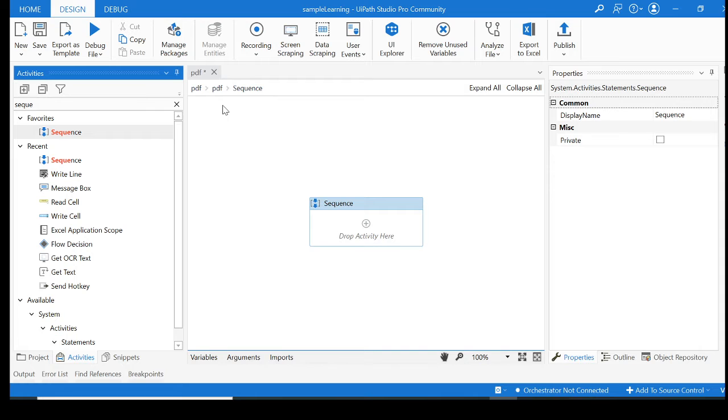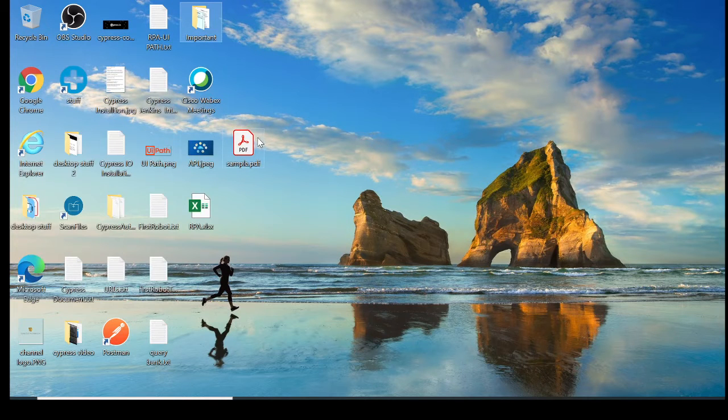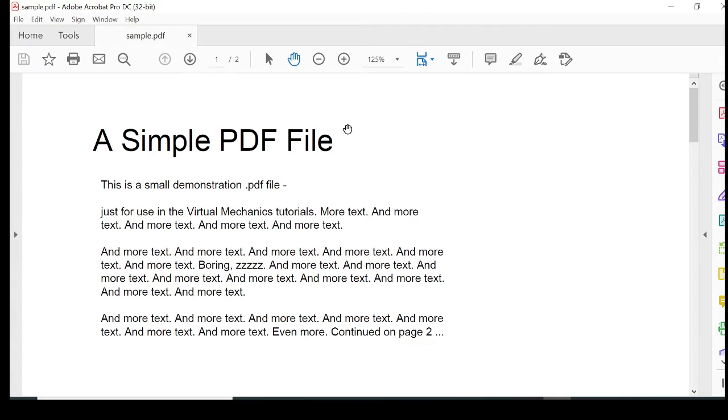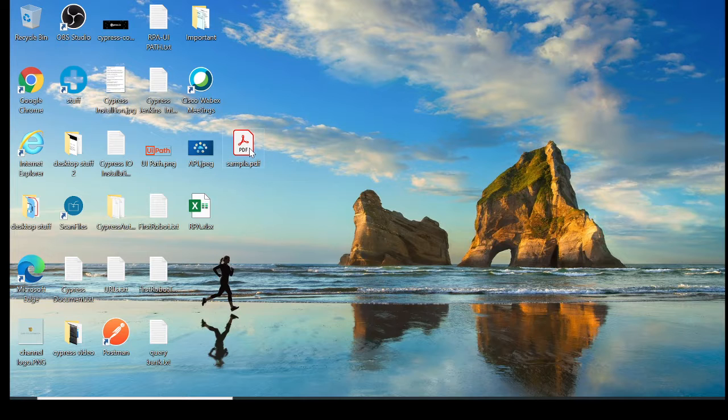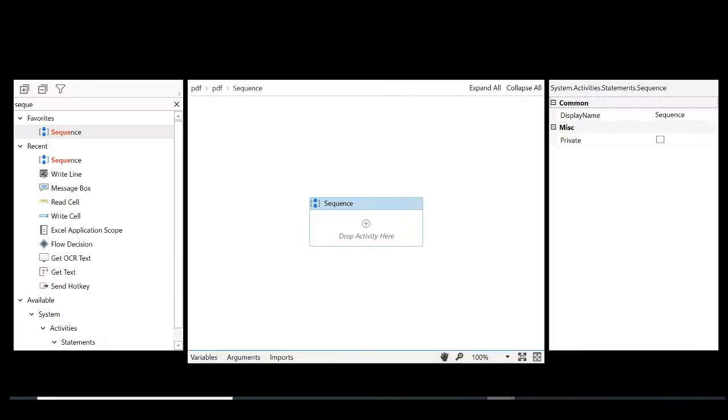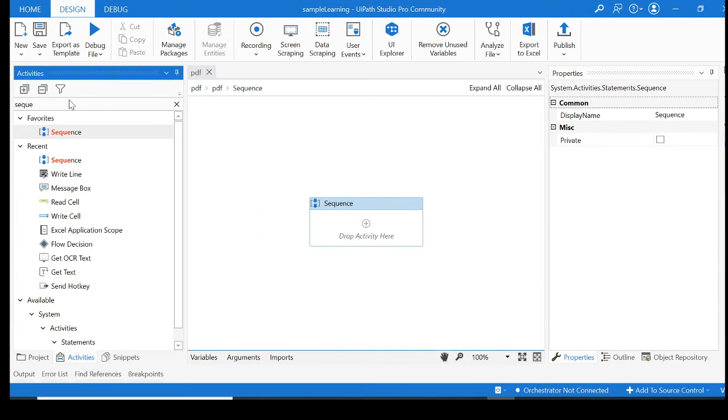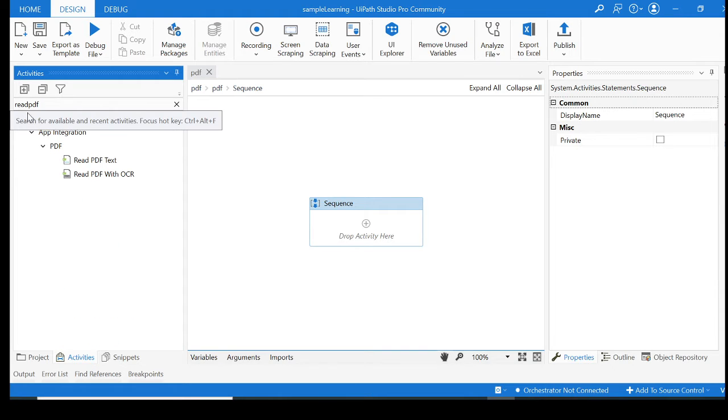So in this sequence, let's go and search for something. For that, I have downloaded one sample PDF, which is gonna look something like this, and you just need to take the path of this. Before doing that, I'll go ahead and search for something. Read PDF is there. Read PDF text is there.